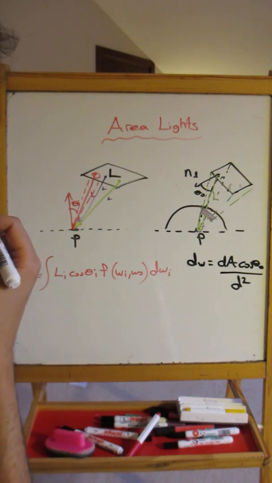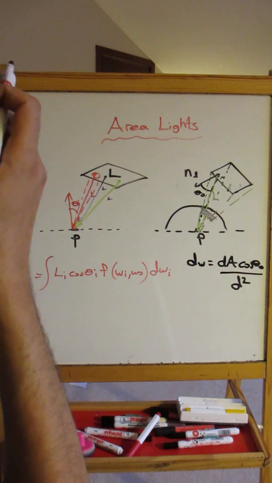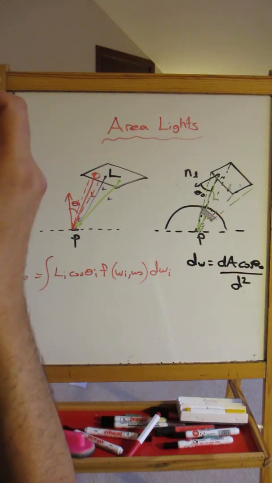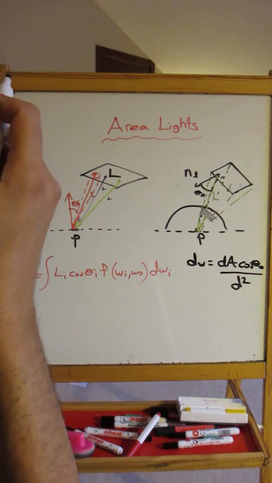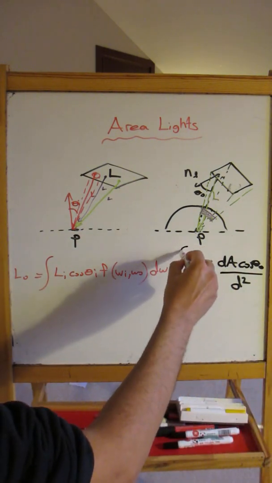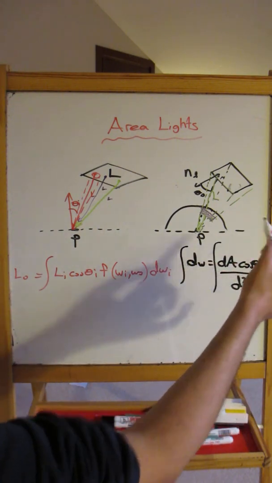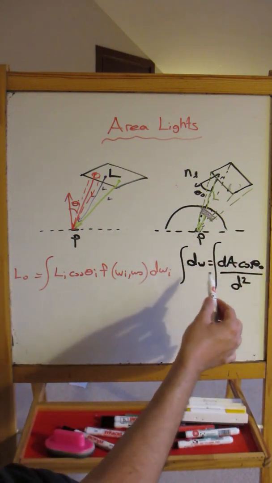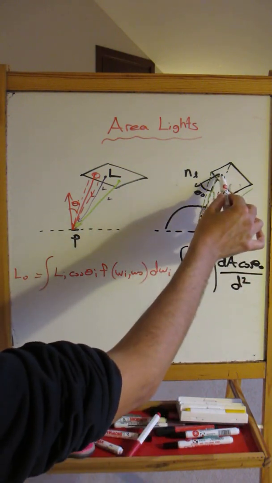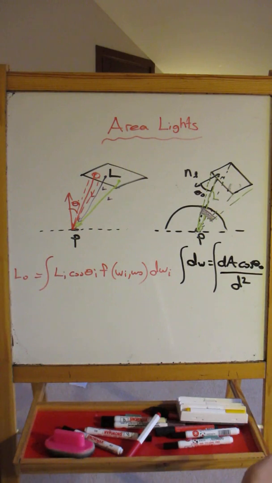So in other words, for this light of size A, the total solid angle that's subtended by that is going to be something like that. You are going to integrate this over the surface of the light. So we are integrating all small differential pieces and how much of that is visible. Okay, so how can we do that? Well,